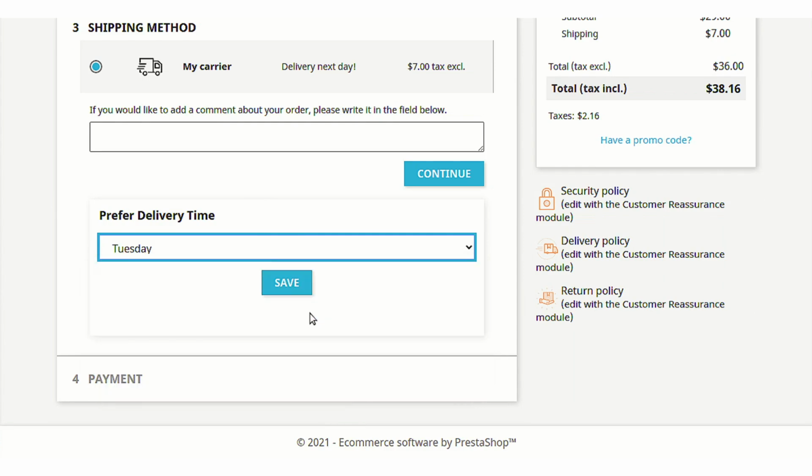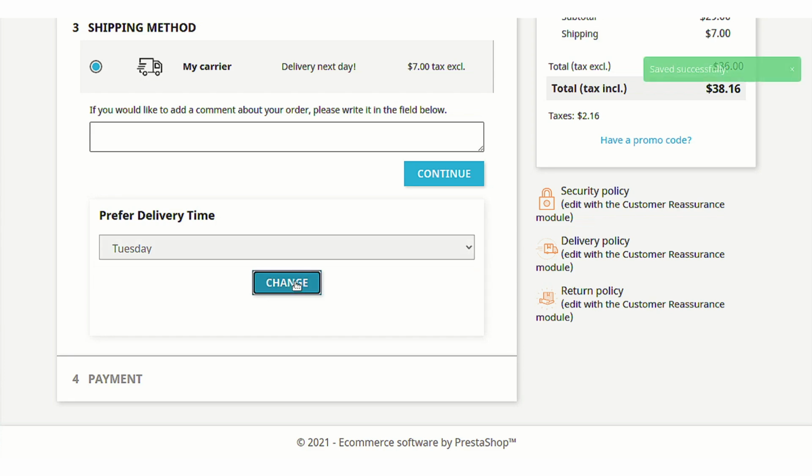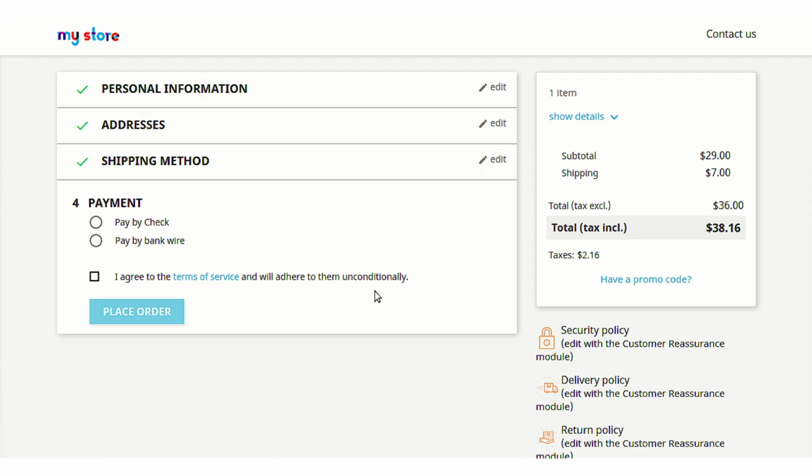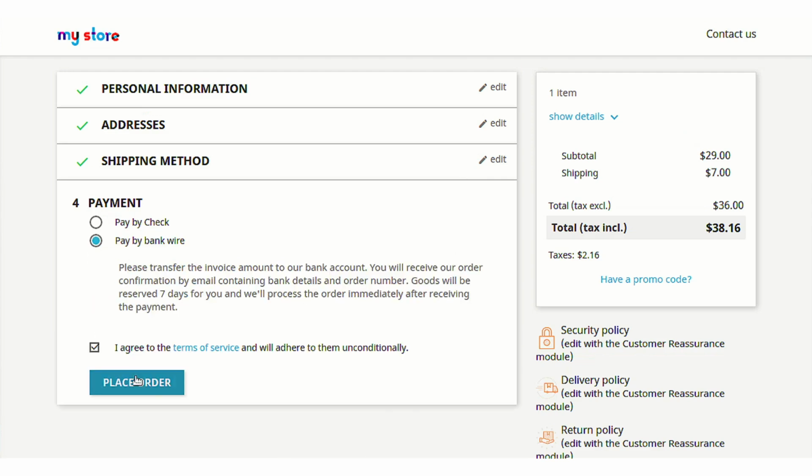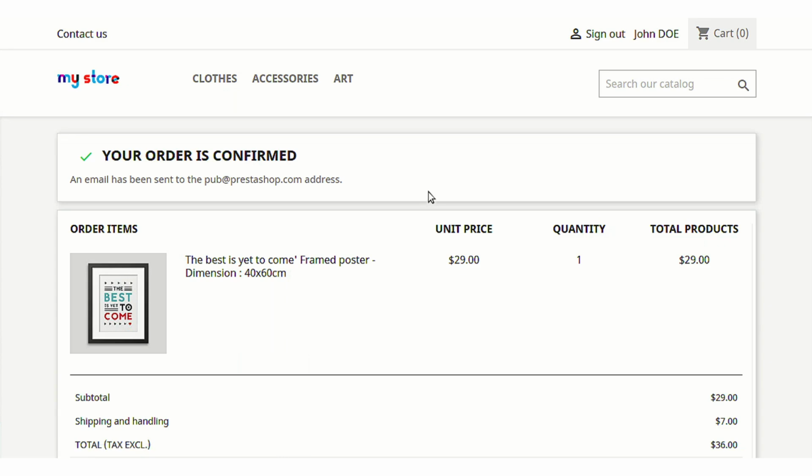In case a customer chooses to place the order by saving the details, the same details will also be available at the admin end, that a customer needs this product on Tuesday. So let's just try to place the order by saving those details and see how this day slot detail is available at the admin's end. It might just take some time to confirm the order, so we will have to wait until the order confirms.